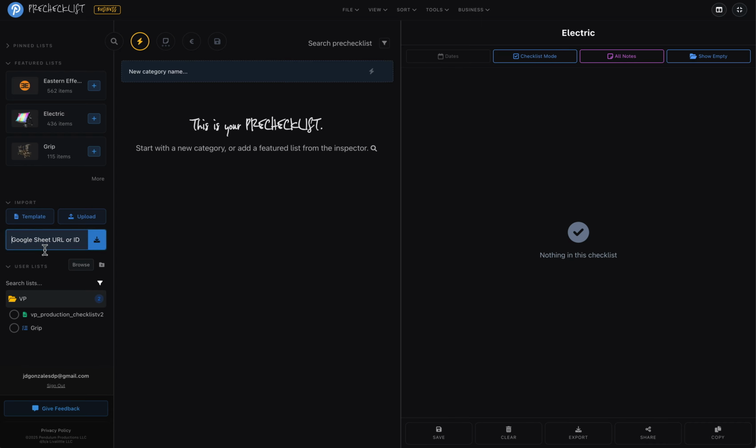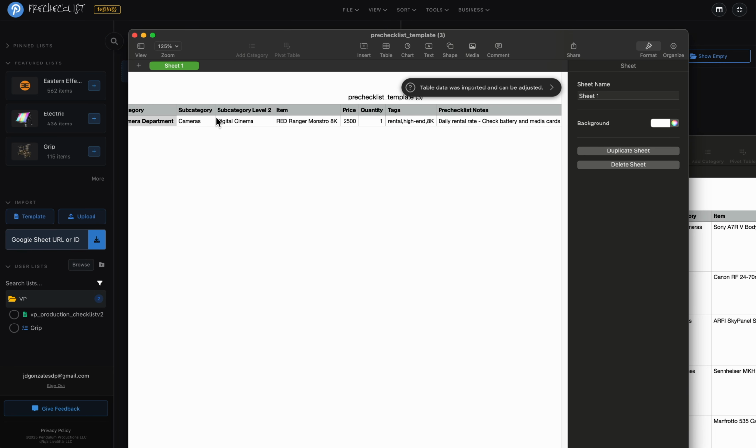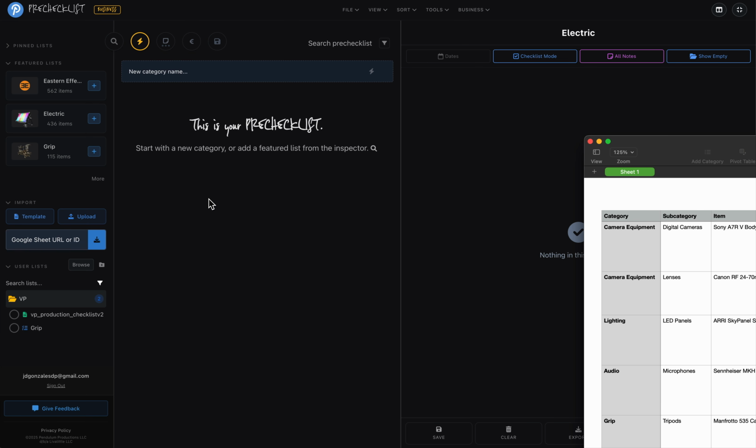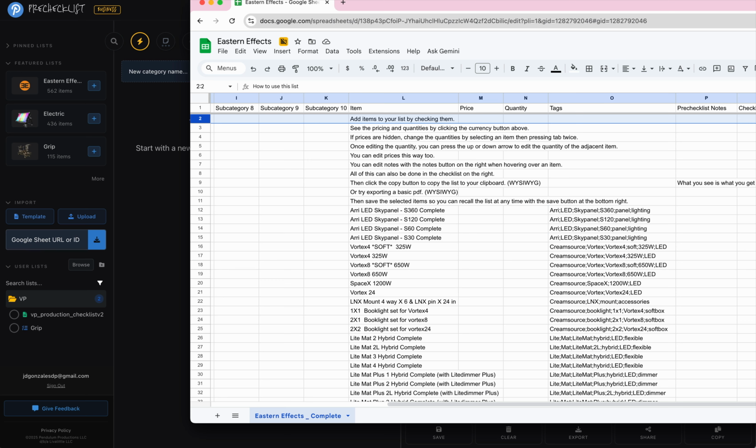And then in the import area, I can go ahead and take a template. There's a pre-checklist template, which looks like this. There's subcategories, levels, items, price, quantity, tags, notes, whatever. You can go ahead and fill that in. These subcategories can go up to 10 levels deep. If that interests you, but I think the coolest thing here that we should look at is